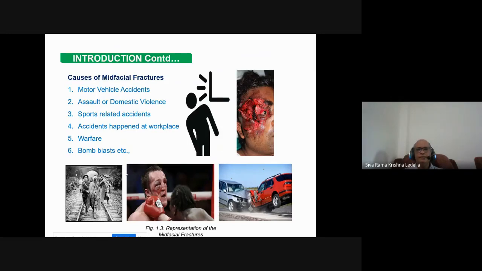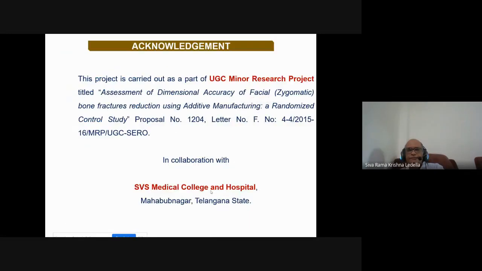Let us see how this fracture happened. There may be any possibility, for example, sports such as boxing, especially when a person is hit by the boxer, they may get fractured at this portion. This area is a very fragile region in the face, called the zygomatic region. In the zygomatic region, the bone has lesser density than other portions of the bone.